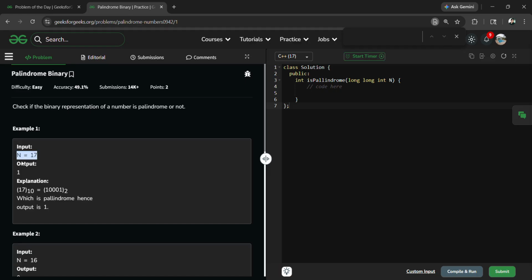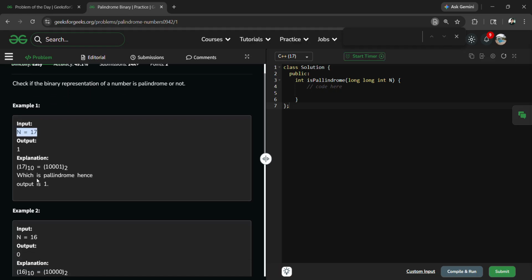will be 1. We know very well that after conversion of 17 into binary form we get 10001. So we check whether the given binary number is a palindrome or not. If it is a palindrome, then we have to return 1, else we have